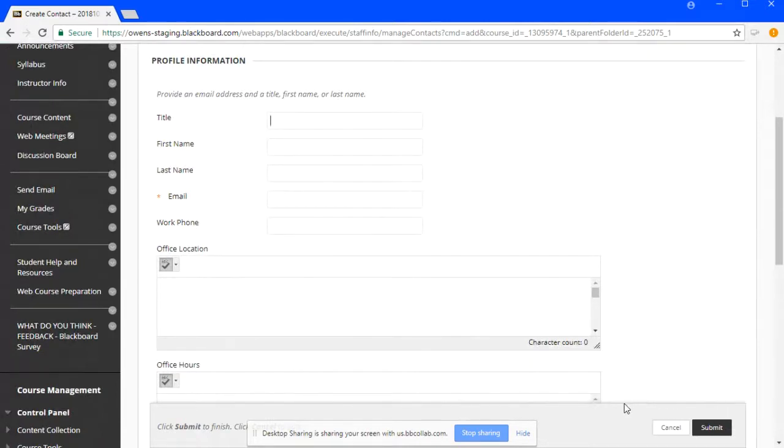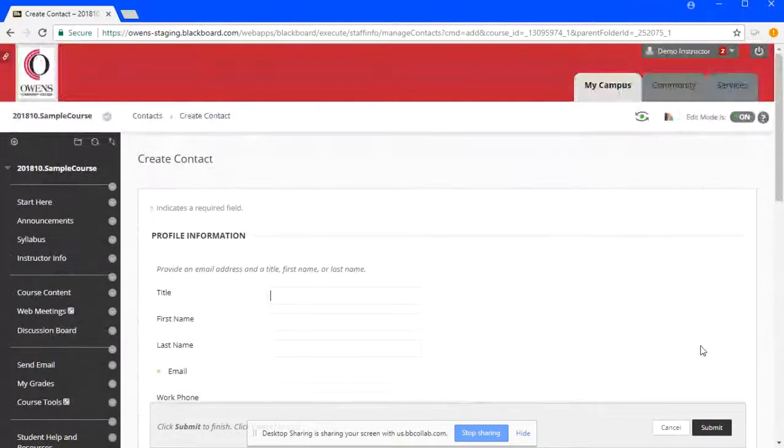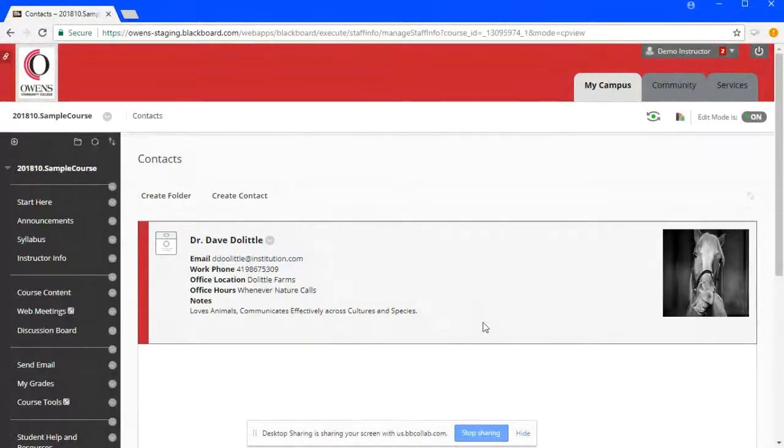And you can also now see here the cancel and submit buttons as I scroll up and down the screen. They're always on top. That's a beautiful, beautiful thing. Going back to the contact card, you can add your email, work phone, office, location, hours, and even a brief professional blurb about yourself, if you will.